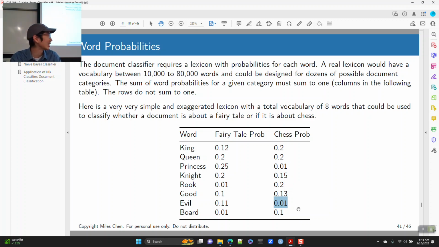We're talking about a board game, so something like that. And then the word bored is likely to appear in chess, but not so likely to appear in fairy tale. So this is, again, a silly example where you have common words between fairy tale discussions and chess, but certainly certain words will be an indicator that this is part of a fairy tale versus a discussion about chess. Okay, so if this is our lexicon,